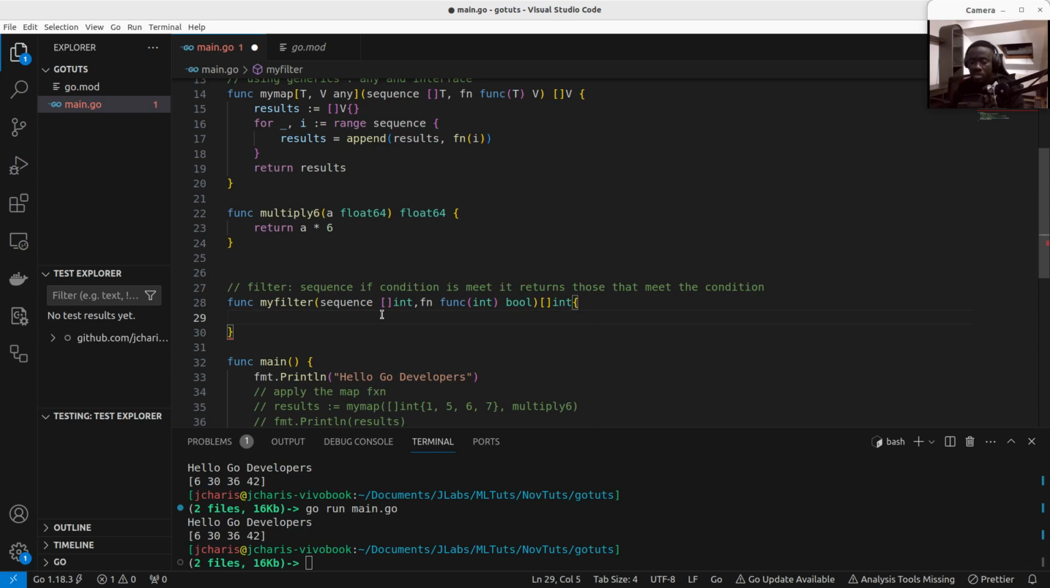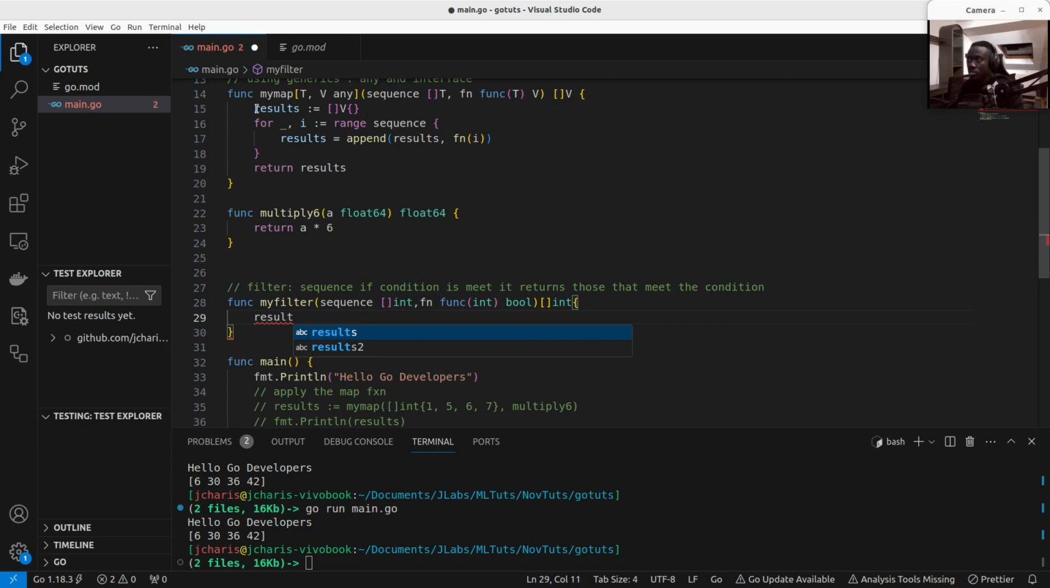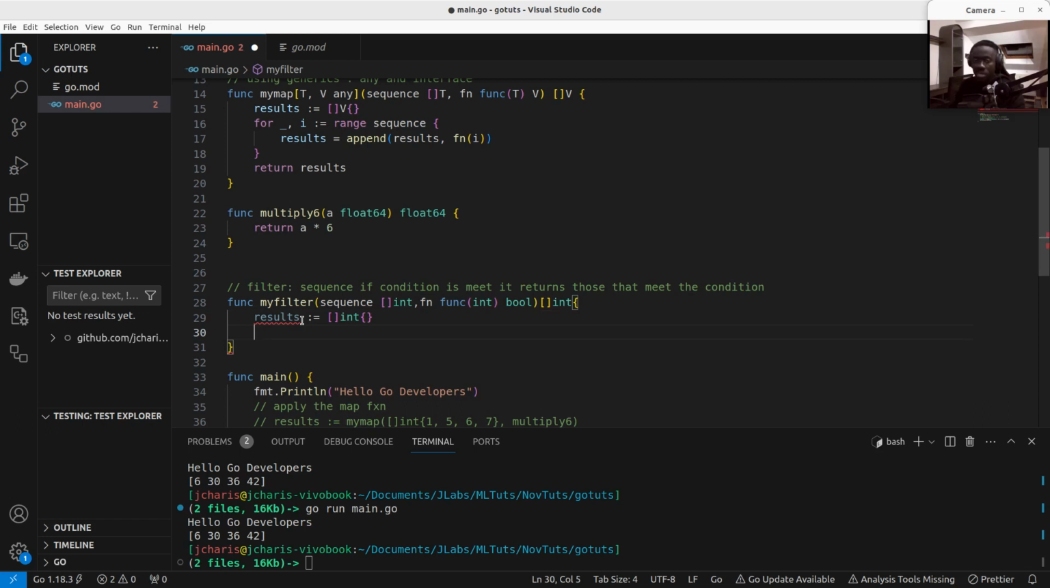We can do the same thing we did above. First of all, we can create the same thing we did here. We can have result, which is going to be a sequence or a slice of int, and then we can now loop through the entire thing. So for v in range, we want to get the range of the sequence, then we're going to